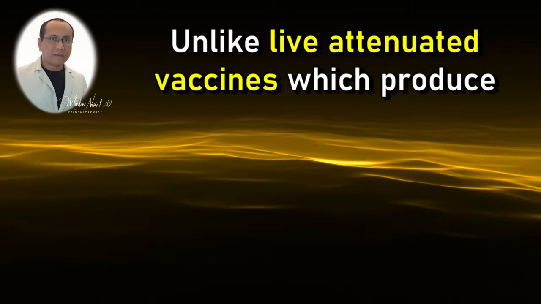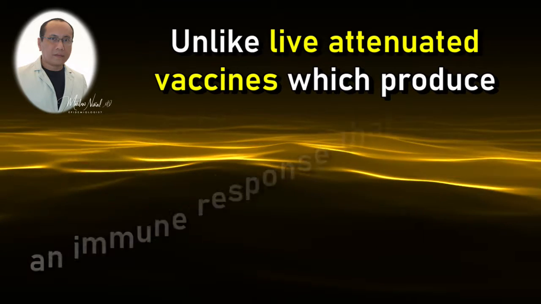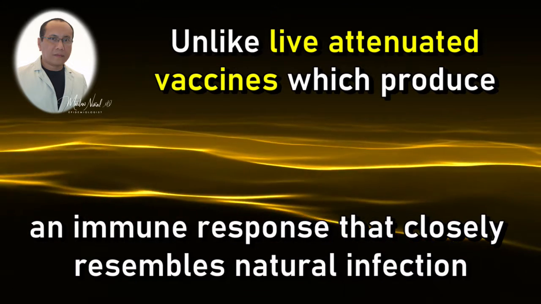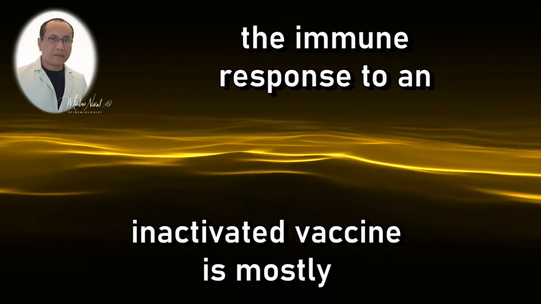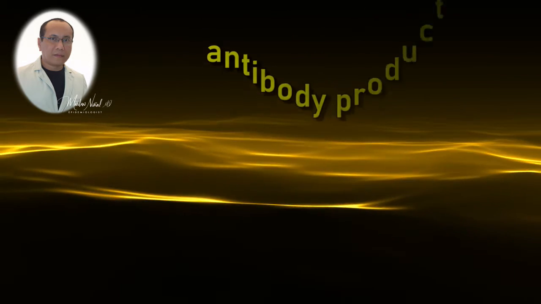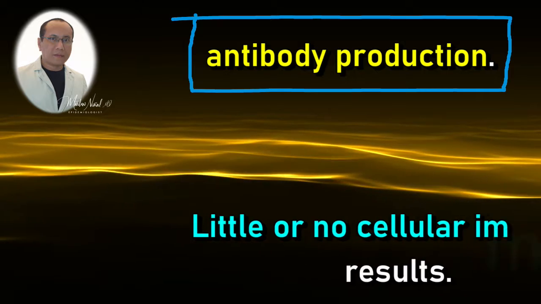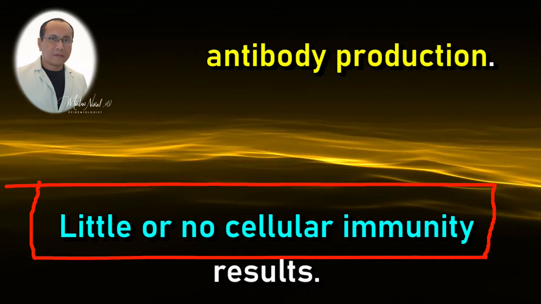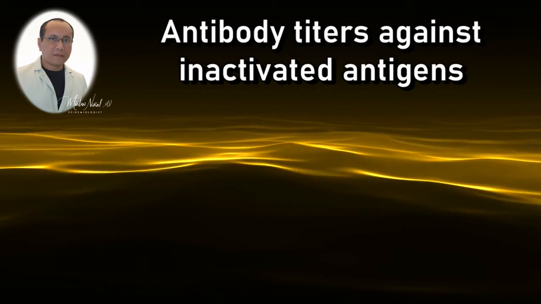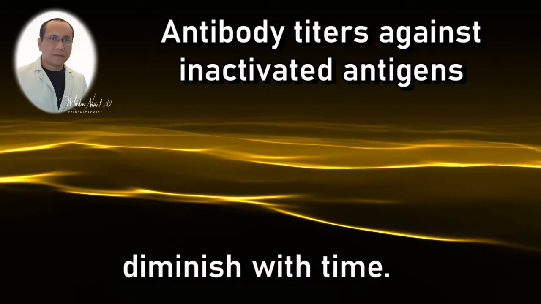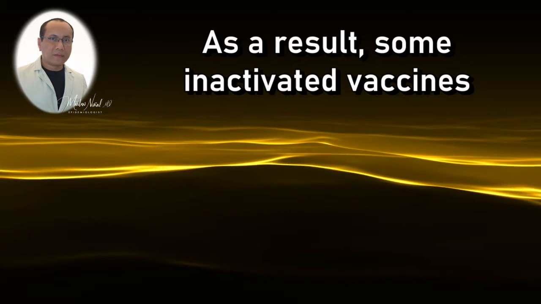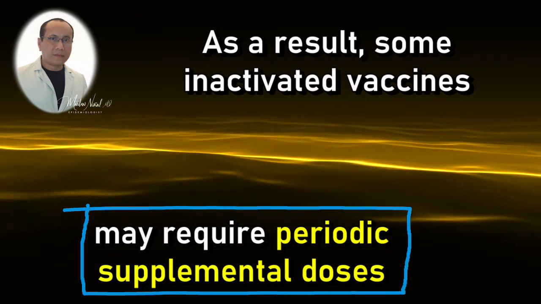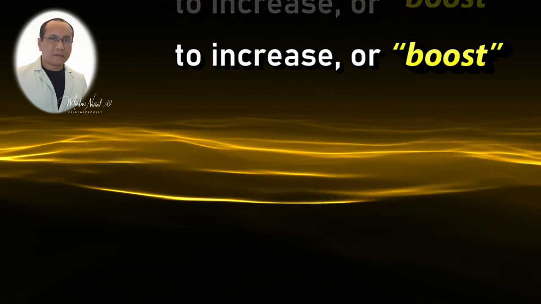Unlike live attenuated vaccines, which produce an immune response that closely resembles natural infection, the immune response to an inactivated vaccine is mostly antibody production. Little or no cellular immunity results. Antibody titers against inactivated antigens diminish with time. As a result, some inactivated vaccines may require periodic supplemental doses to increase or boost